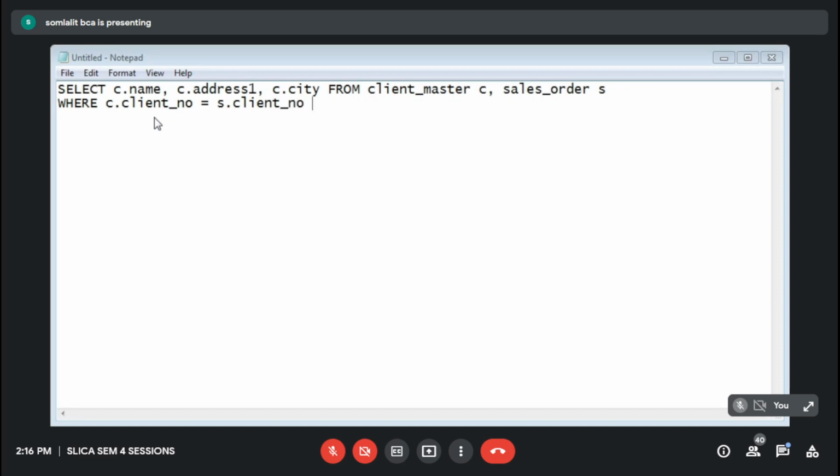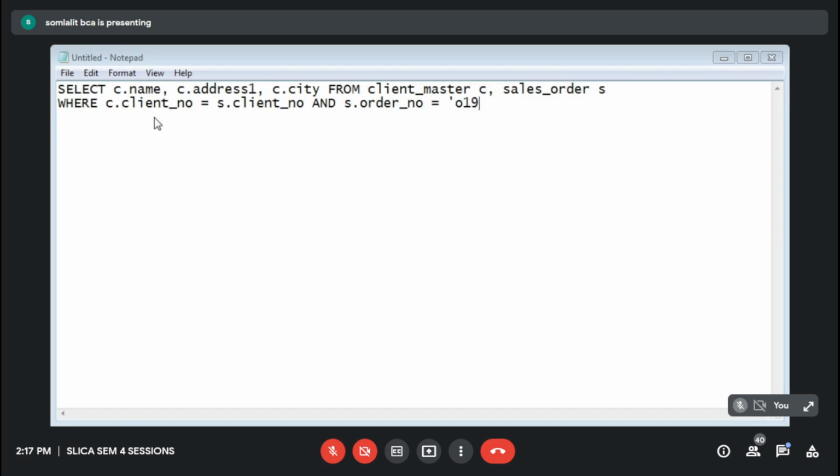And what is our other condition? Order number. So S dot order number equal to